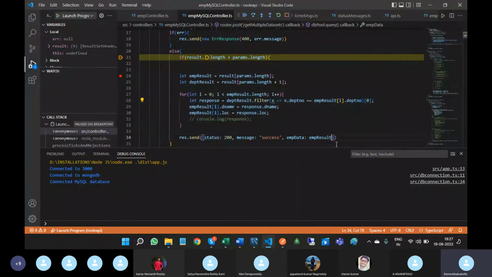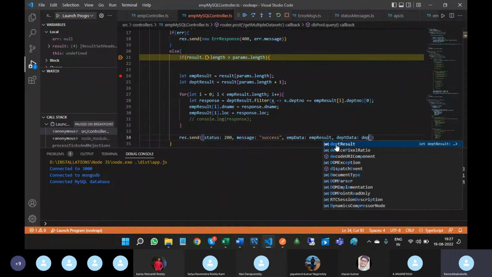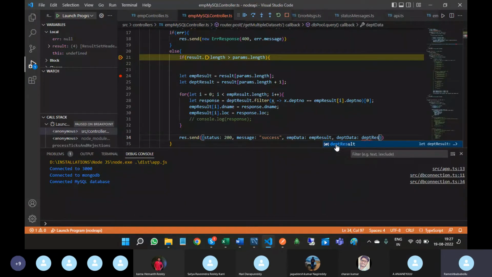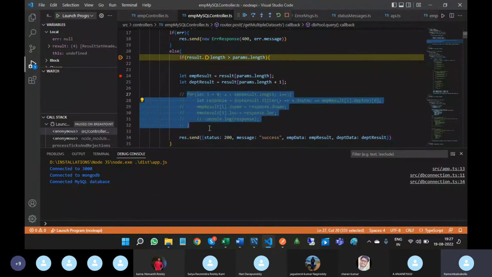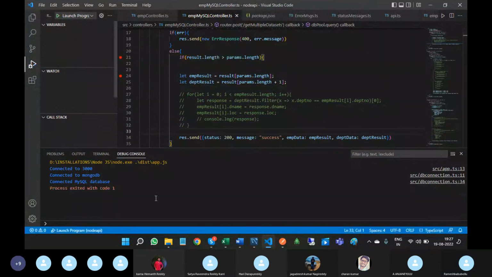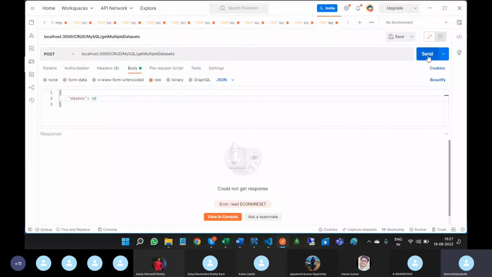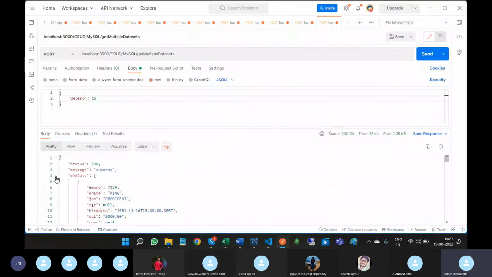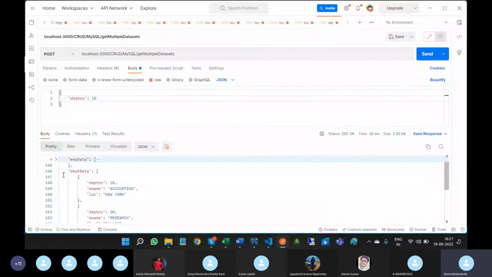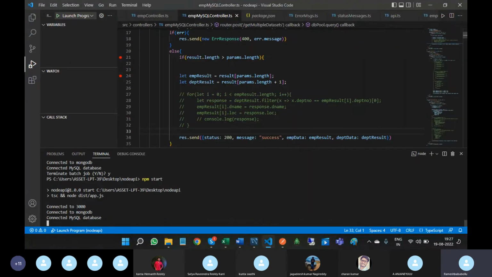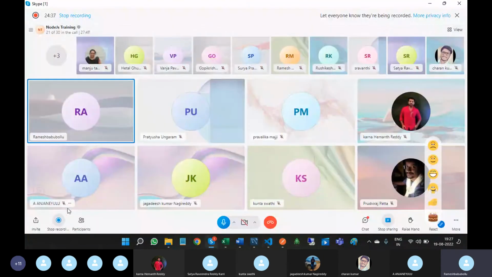Suppose the requirement is that you have to return the multiple data sets with multiple key names, then you can just write like this. See, this is emp data, and next one is department data. So this is about handling